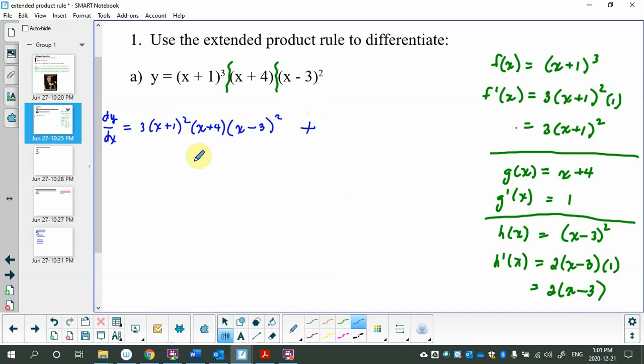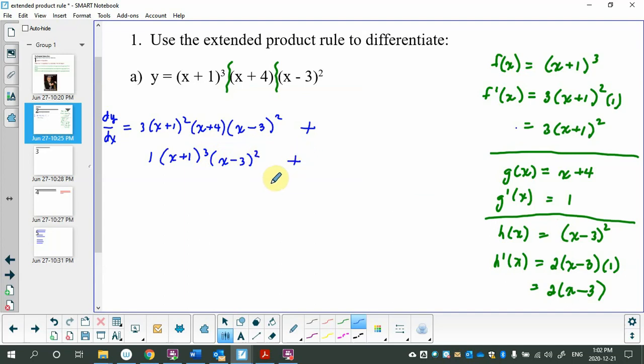I'm running out of space. I'm going to drop down a line. The derivative of the second multiplied by the original first times the original third,